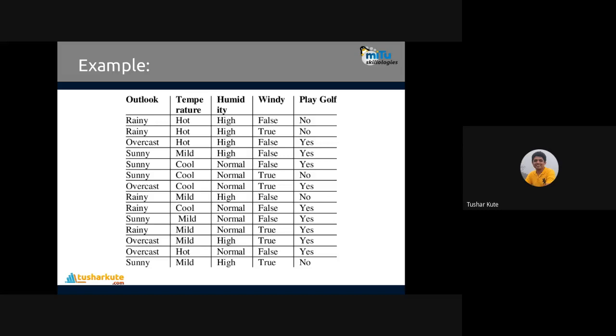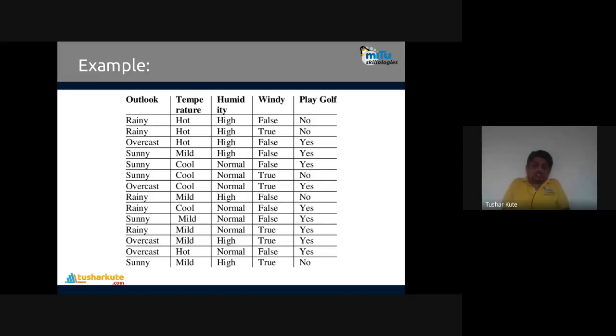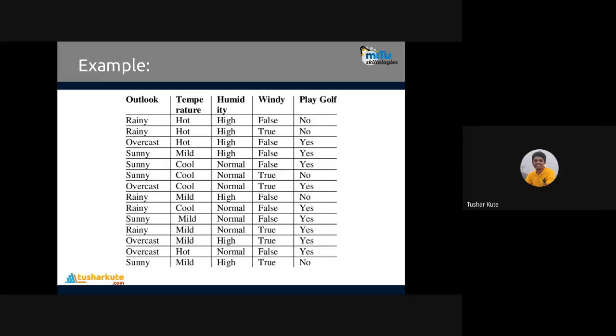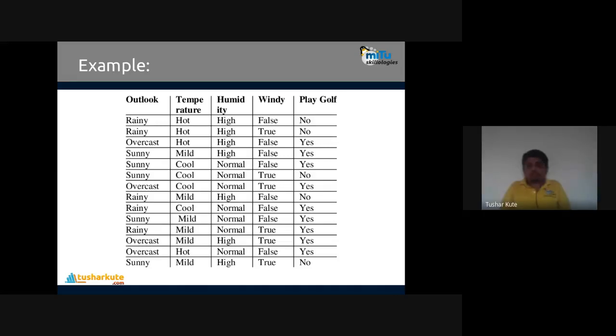In all ML books or data science books, whenever decision trees are given, they give this example. One golfer is there who has visited the golf ground, and based on different atmospheric situations, outlook, temperature, humidity, windy, he has taken decisions. Based on those four factors, he decided whether to play golf or not. Let's say first, when outlook was rainy, temperature was hot, humidity was high, windy was false, he has not played golf. Okay, first case.